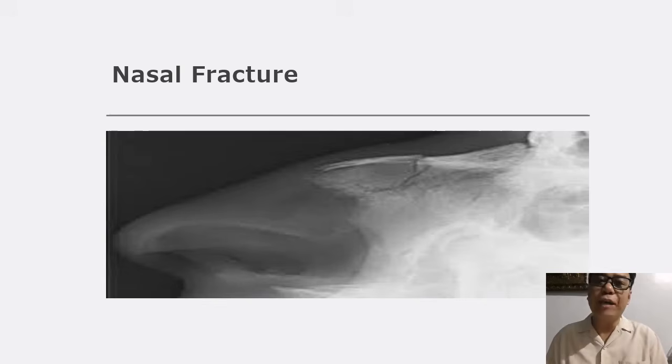Next thing that we can do is to prevent further complications. So basically, the possible complications for nasal fracture are bleeding or epistaxis and infection. Okay, so just like what I have stated, if we are going to put an ice pack, we could not only control the edema, but we could also control the bleeding. So for inspection, make sure that the things that we are using, we were able to cleanse the area with aseptic solutions.